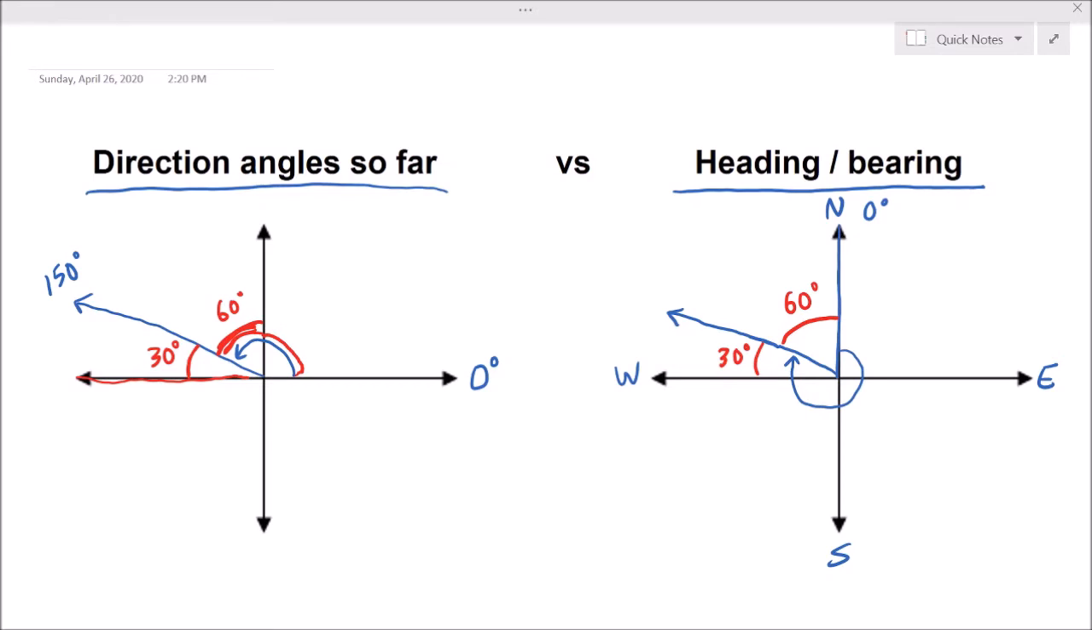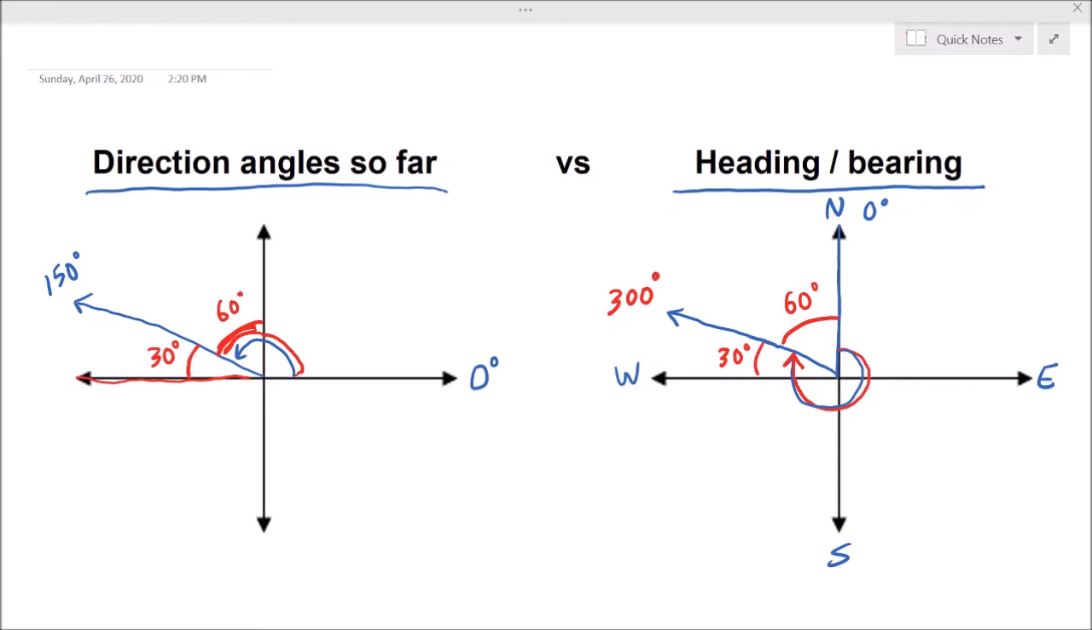So again, we start at 0 and we go clockwise. So 0, this would be 90 degrees. This would be 180 degrees. 270 degrees to get due west. But then we go 30 degrees further from 270. So 270 plus 30. And how many degrees is that? So that's 300 degrees, relative from north going clockwise, and that's the compass bearing version of our 150